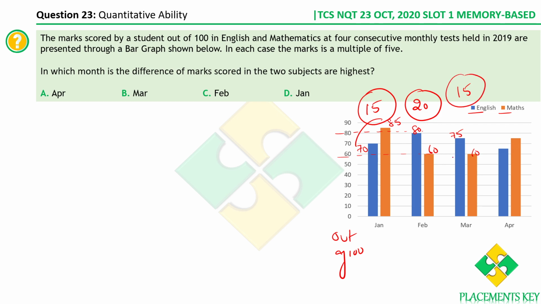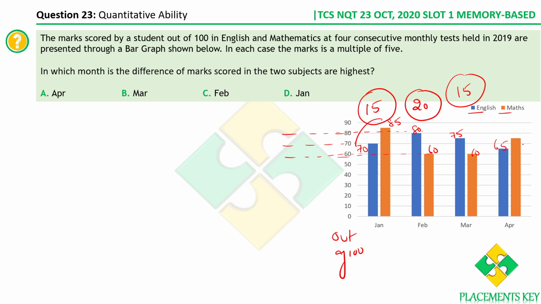See here, it is between 60 and 70, so I'm taking it as 65. It is between 70 and 80, so it is 75. I hope you know how to take the values. I'll explain for one month alone. See what is happening here. It is April, right? This entire line is for 60, this entire line is for 80, this is for 70. This is between 60 and 70, so we are taking it as 65 because it's exactly in the middle.